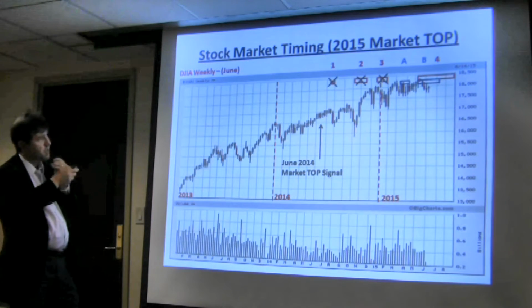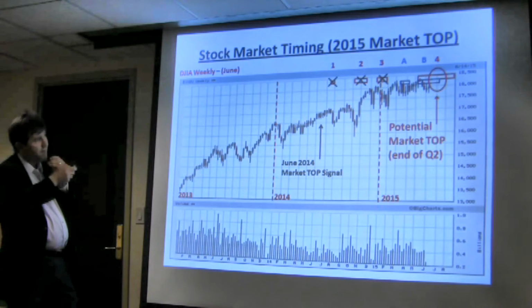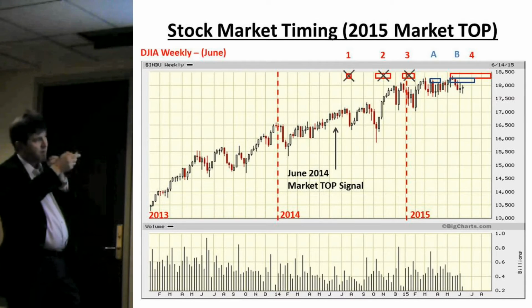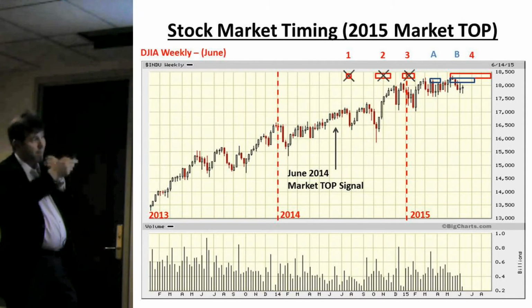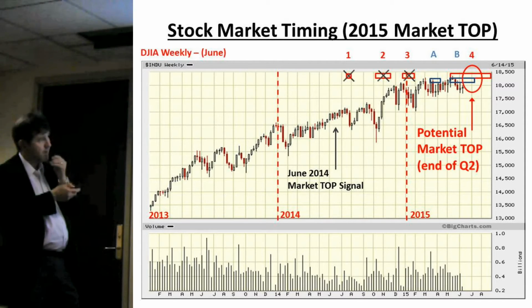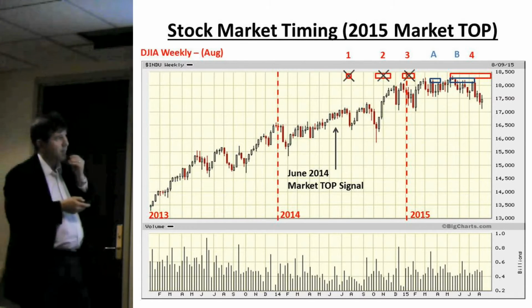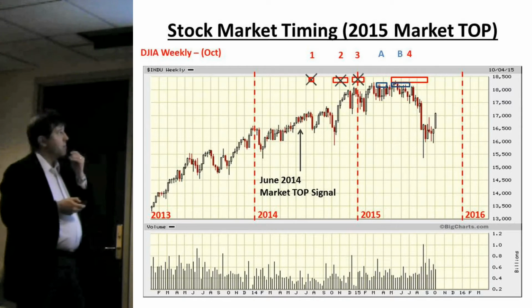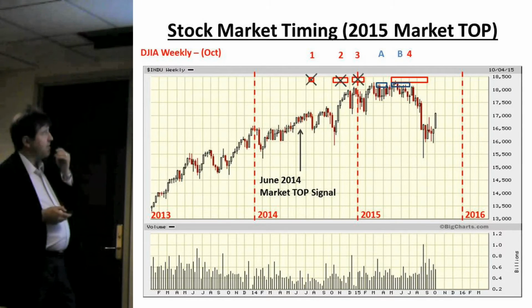Going back to the weekly chart, I said back in June that we'd probably see a market top around about that time, and that May top could be it. Let's see what happened afterwards. So going forward through into August, and then here we are, current time now. We've seen the market come down, no, that's August rather, and then that now is current time,